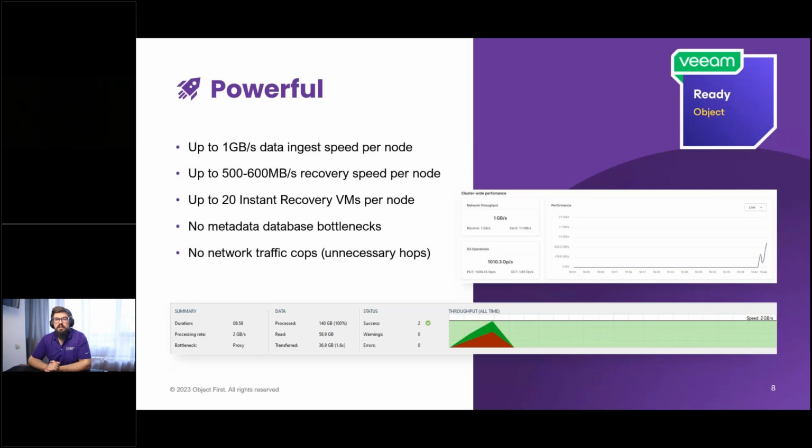For recoveries, it's up to 6 megabyte per second. It's not a hard limitation. It's not the benchmark. This is what we usually see in the field. You can run up to 20 instant VM recoveries per node. So for example, if you have 200 VMs, it's 10%, and it's usually like all the critical environment you need to recover for disaster recovery procedures.